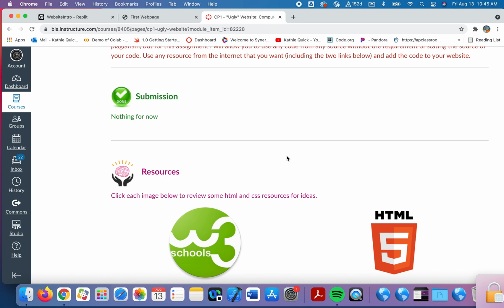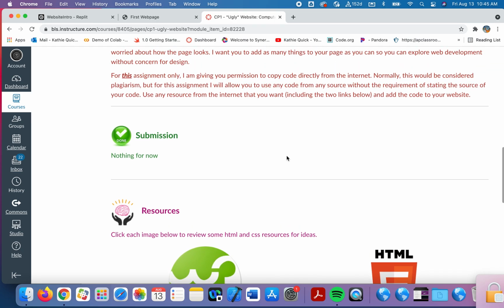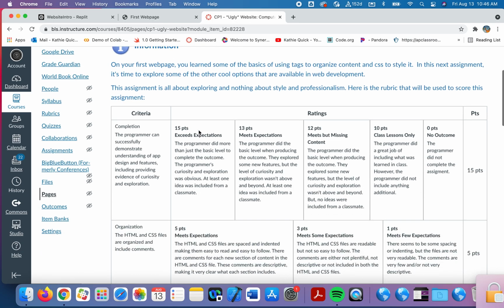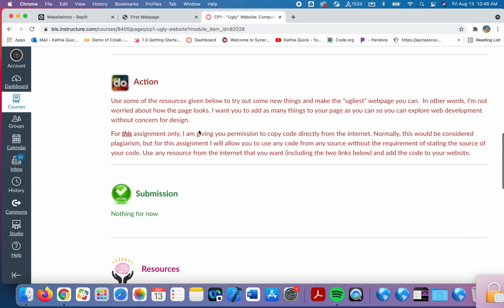The internet is full of resources on using HTML and CSS. I want to show you, I've created some links for you that send you to some more straightforward resources. So in this lesson that you're on right now, the ugly website lesson, if you scroll to the bottom where